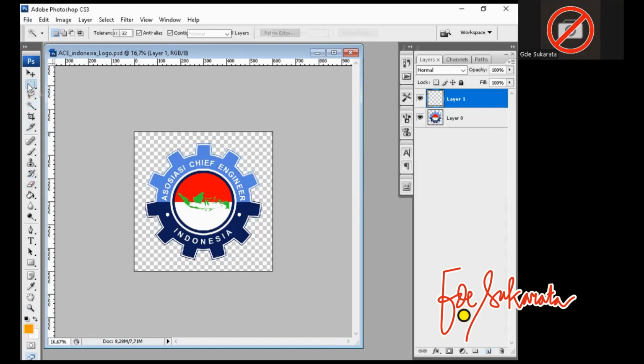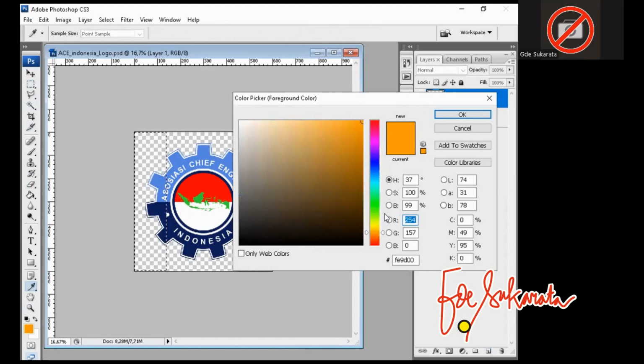In this layer I want to create shape, maybe shape, and this shape I want to give, okay, maybe yellow. Yeah, color of yellow.